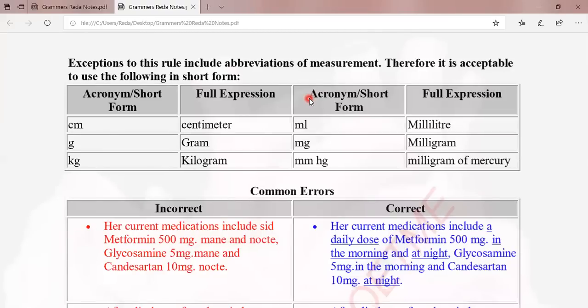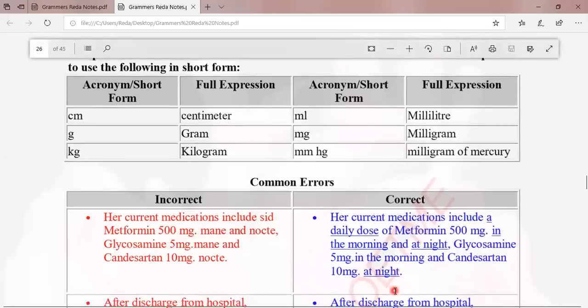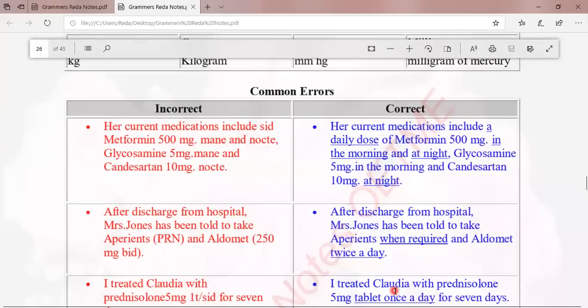But if the recipient is not oriented with this, try to analyze and paraphrase this: OM and ON, in the morning and at night, because I mean 5 milligram in the morning and candesartan 10 milligram at night and in the morning. After discharge from hospital,